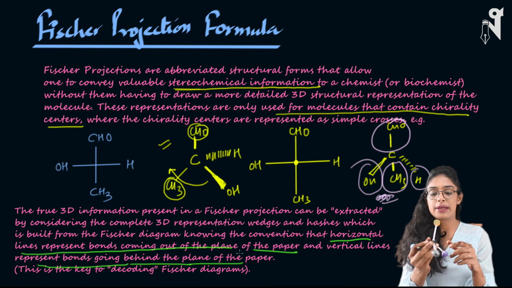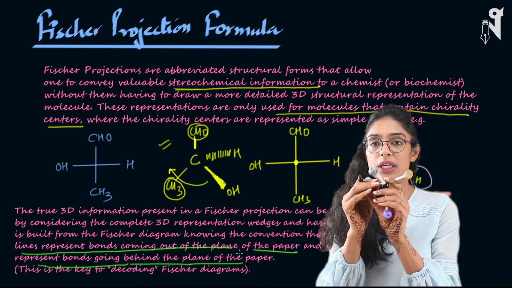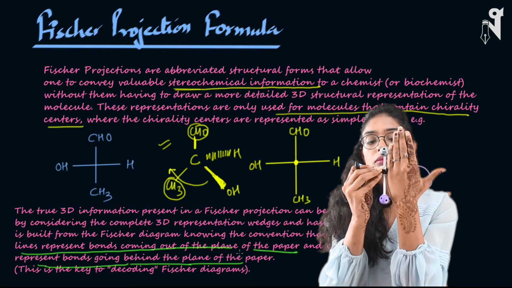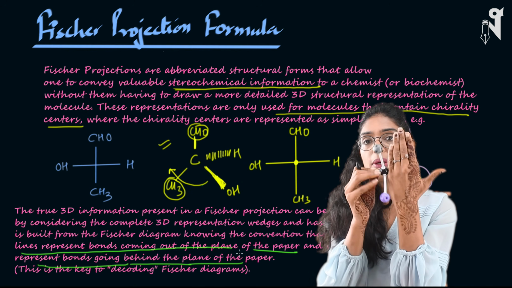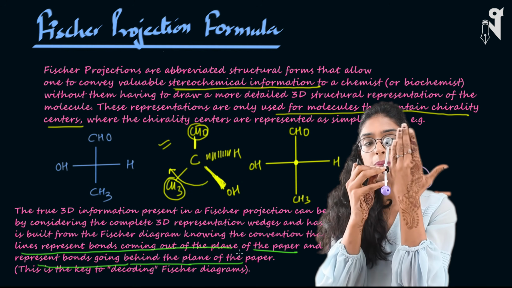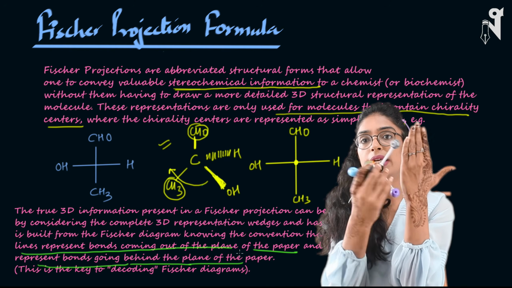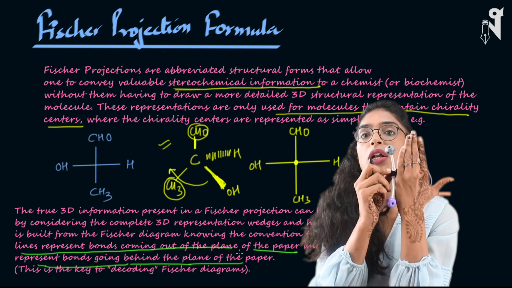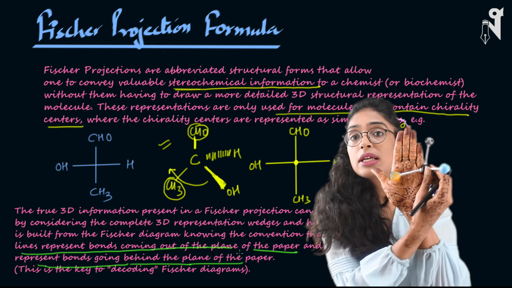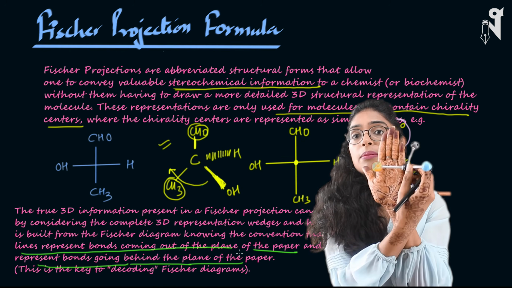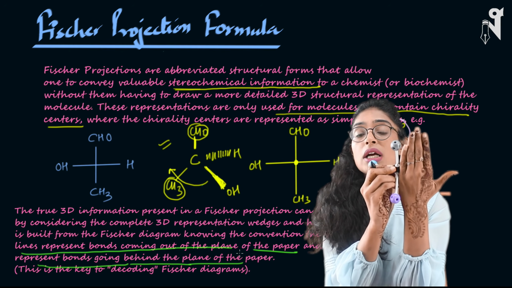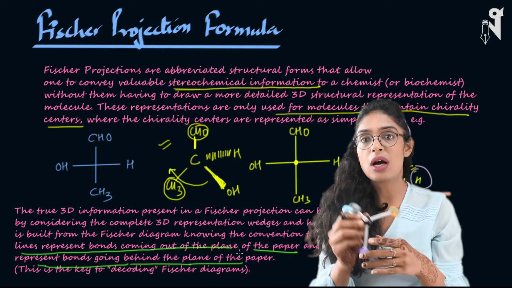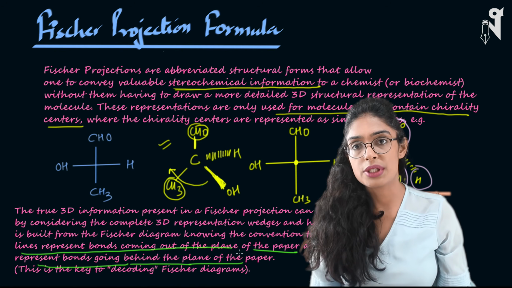So it's like these two are towards me, and let's say this is the plane of the paper. These two are going behind the plane of the paper. This is what we were referring to earlier as the plane of the paper, right? So the plane of the paper still remains the same. This purple and gray ball are now behind the plane of the paper, whereas this yellow and blue are out of the plane of the paper and towards the viewer. So that's how your horizontal line and vertical line representation will be.